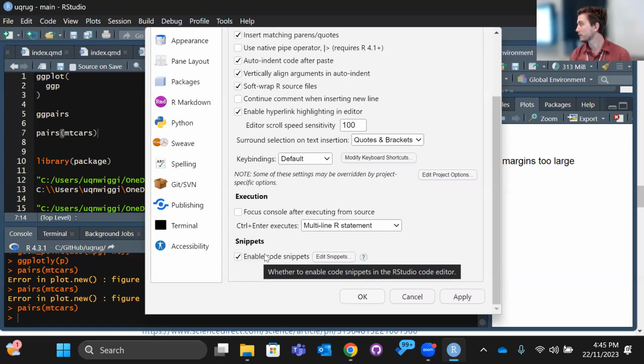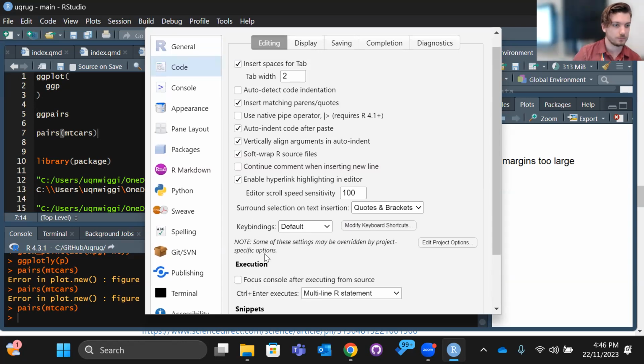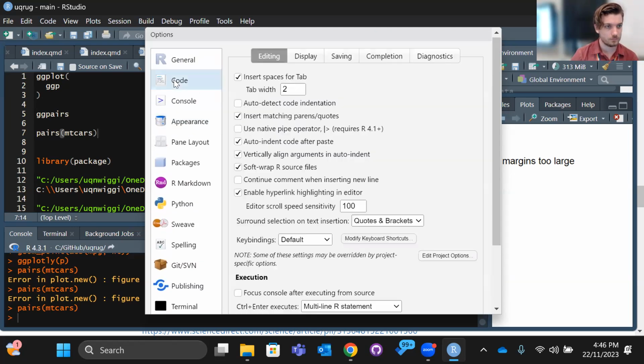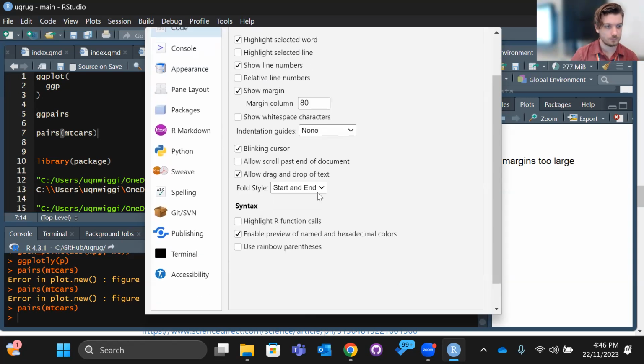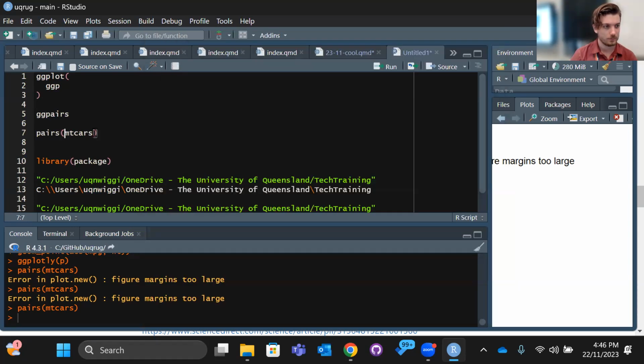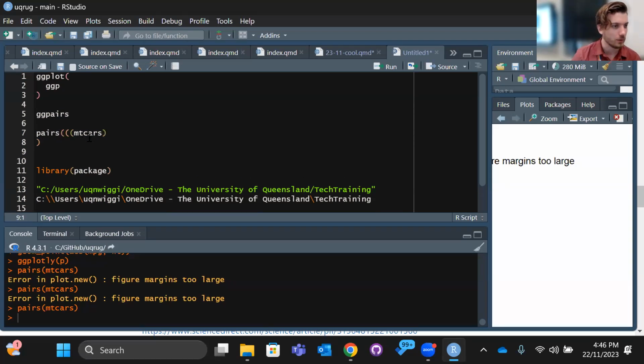Okay, I'm doing fit and download updates. And then the rainbow, let's see, where's that? Appearance? No. Code, Display. At the bottom, use rainbow parentheses. So that your first set will be red, your second set will be yellow, your third set will be orange. Oh yeah, I'm here for this. That's so often an issue when you've got many different layers of brackets, and you're like, wait, which one was the bit that's where? Thank you. I'm keeping that one. Yeah, people don't know.